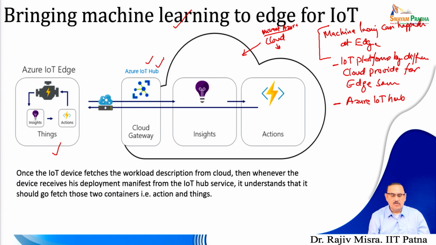You can see that the Azure IoT Hub service is running as the cloud gateway. Now, this particular Azure IoT Hub has the functionality that, after receiving the IoT data, it can perform the insight computation and also compute the actions